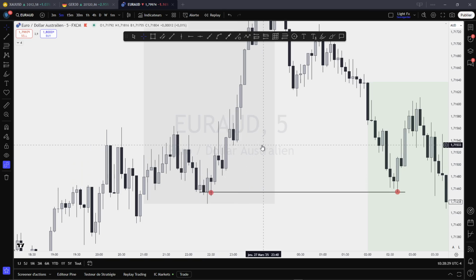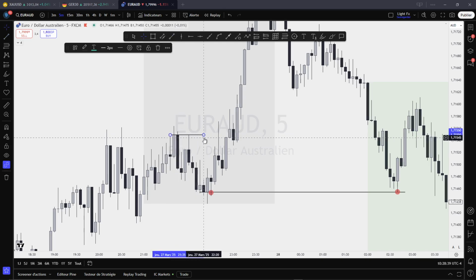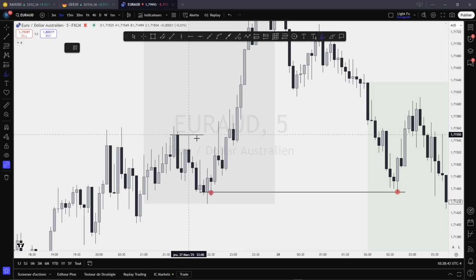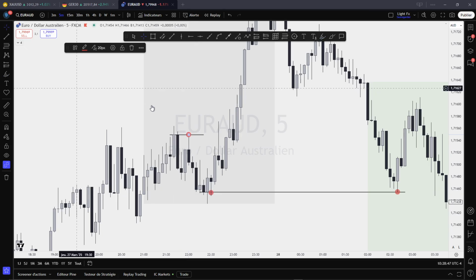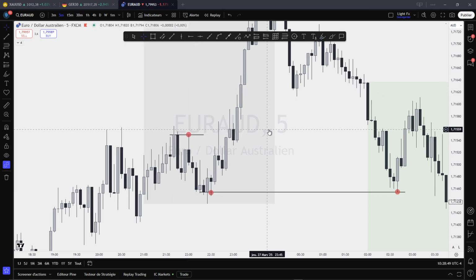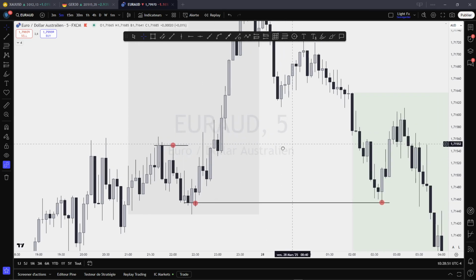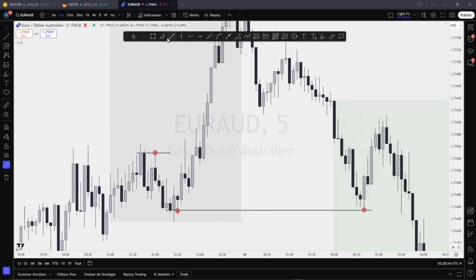Let me look for a peak so you can understand. Also, I have a peak here. Price came down, closed, and opened here, and then you see we have a reaction. As soon as price reached that level, we had a sell. You see, that's how you can anticipate reaction to key levels. Those are my key levels. That's how I mark my key levels.